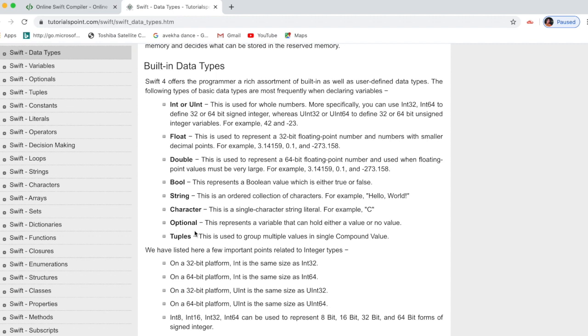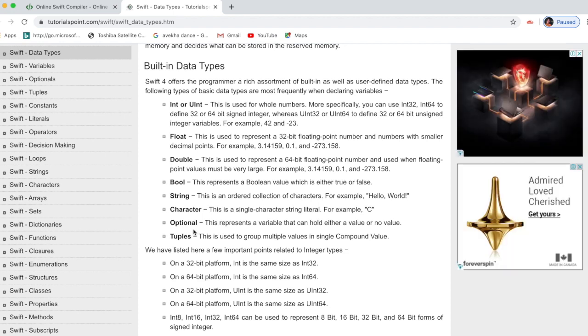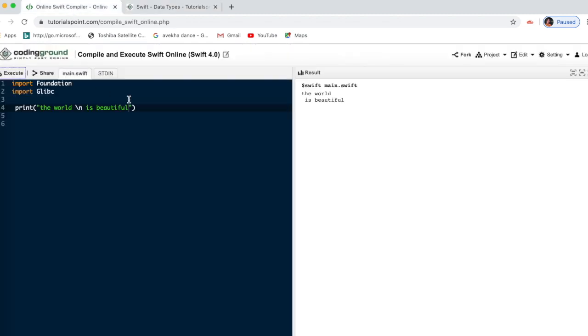Then optional, which I will explain in detail later. The basic thing is that optional means whether the variable contains a value or not. That is the main thing. I'll just show you how it is.